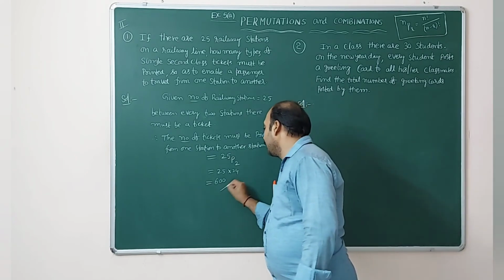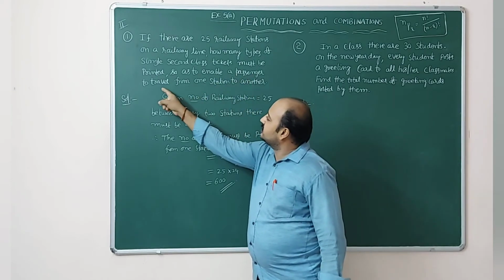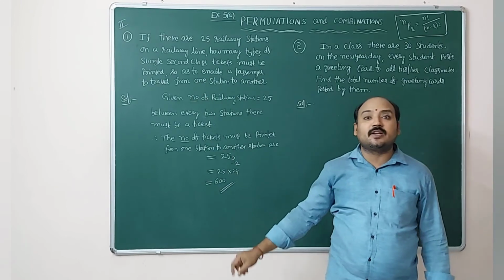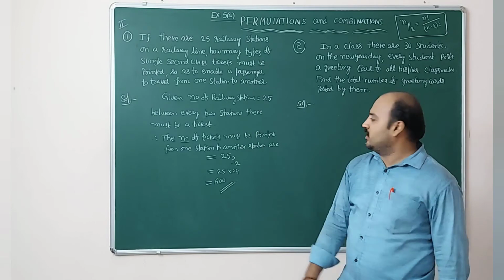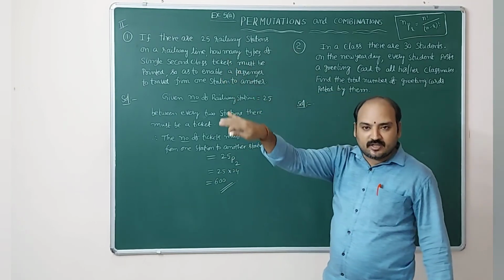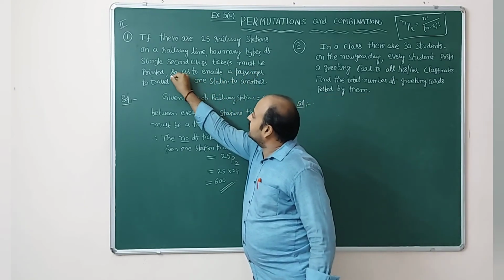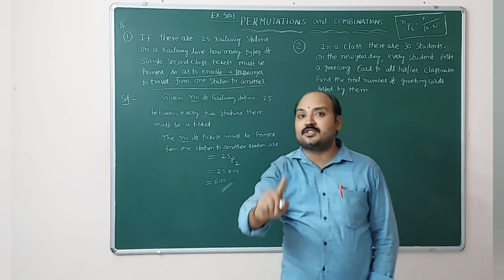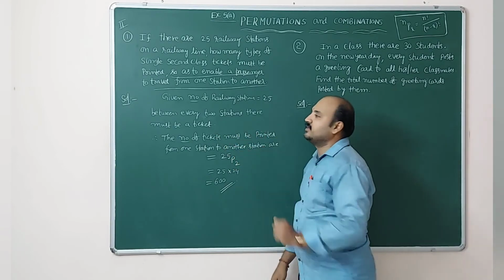Therefore 600. Here the passenger travels from one station to another station, so 600 tickets must be printed from one station to another station. Simply, you have to remember there are 25 railway stations on the railway line. So as to enable a passenger to travel from one station to another station, that is important.